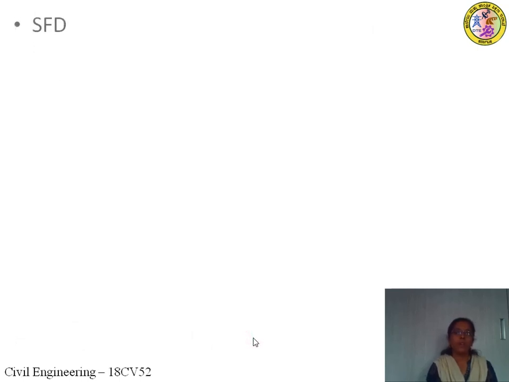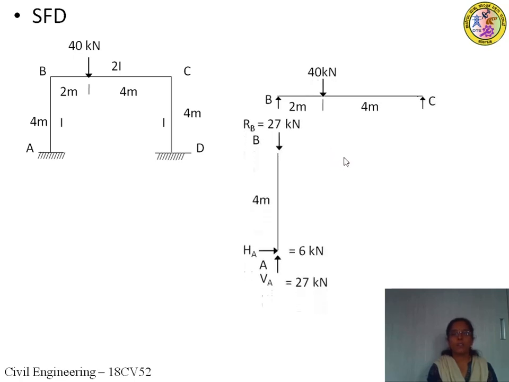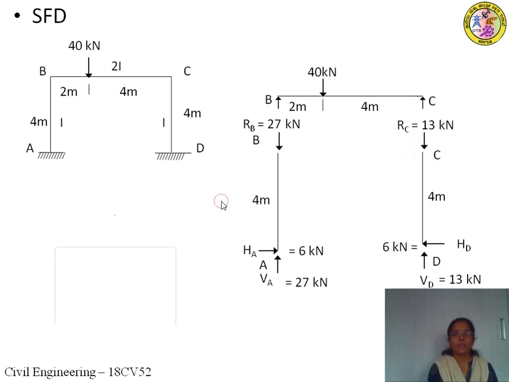Okay, so now to draw the shear force diagram, let us consider the base structure and the members with the reactive components. Okay, so draw the basic structure without the support reactions and loading. This is the baseline. Okay, so first let us draw it for the horizontal member. Shear force to the left of B is 0, shear force to the right of B is plus 27, so mark it above the baseline for 27 kilonewton.